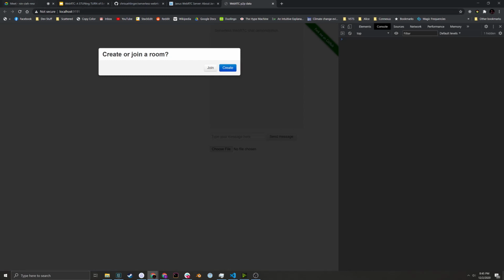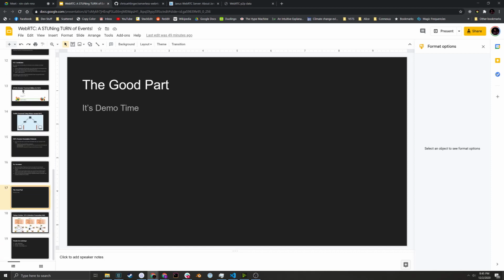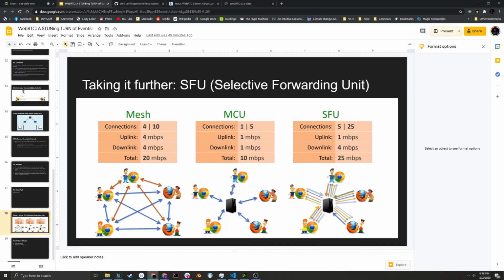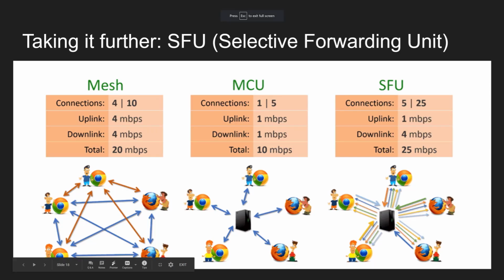Now let's say that you want to take it a step further. This is one of the last things we got here. Let's say that you want to have multiple people talking to each other, not just one-on-one. Let's say that you have 5 people who want to be in a room together. If you try and do that peer-to-peer, even if you don't have turn servers, if you're just 5 phones or something, if you look over here and see where it talks about mesh networks,